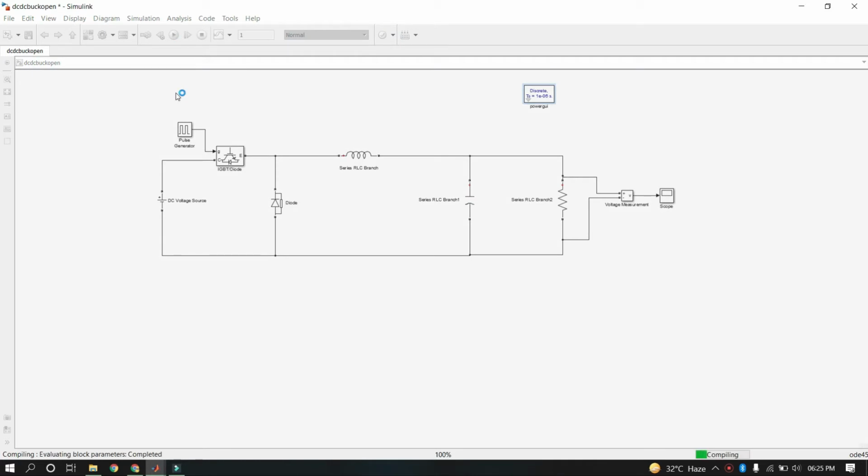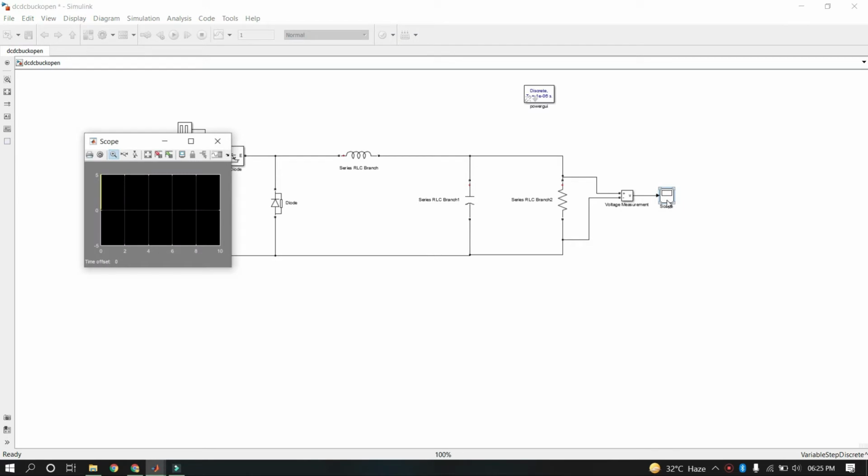As you can see over here, the simulation is compiling. Once the compilation has been done, it will be running. As you can see, 1531, and the simulation has completely run. So now the simulation has run. We have not got any errors. So I will double click on the scope and I will observe the waveforms. I will maximize the scope and click on the auto scale button.